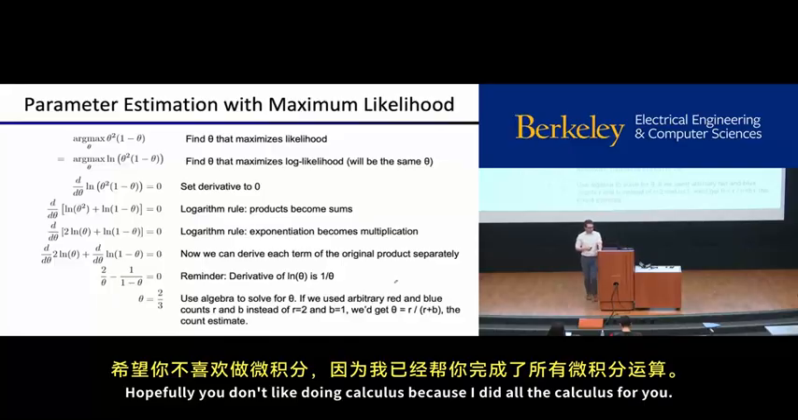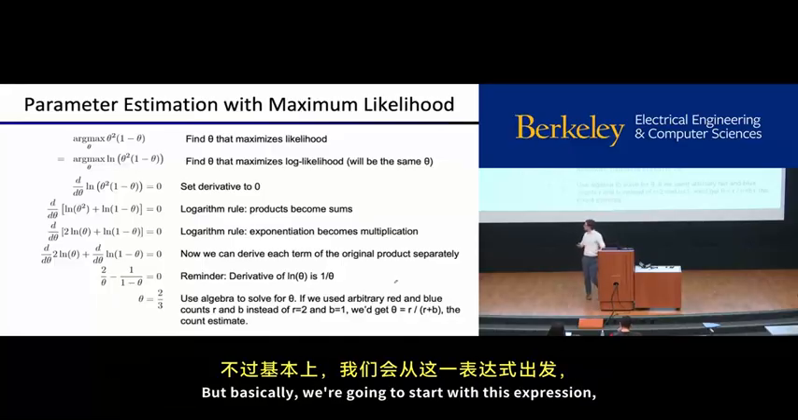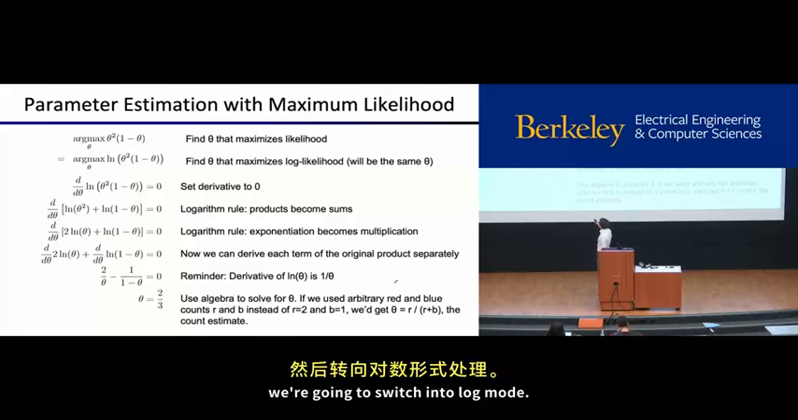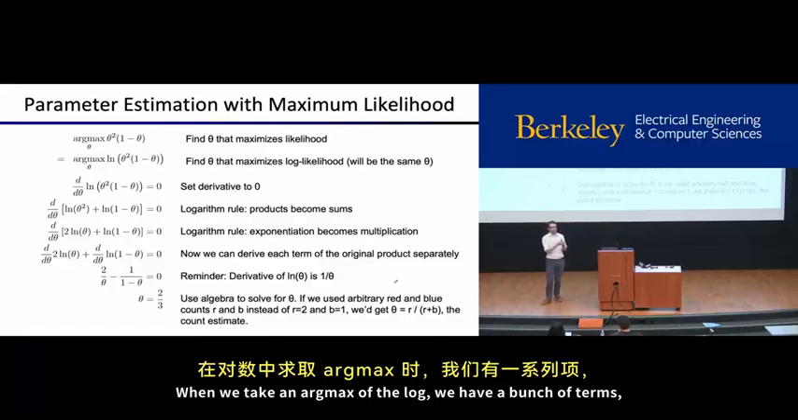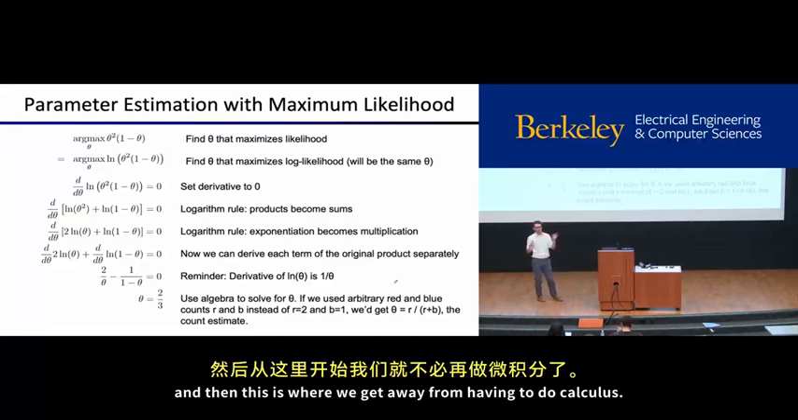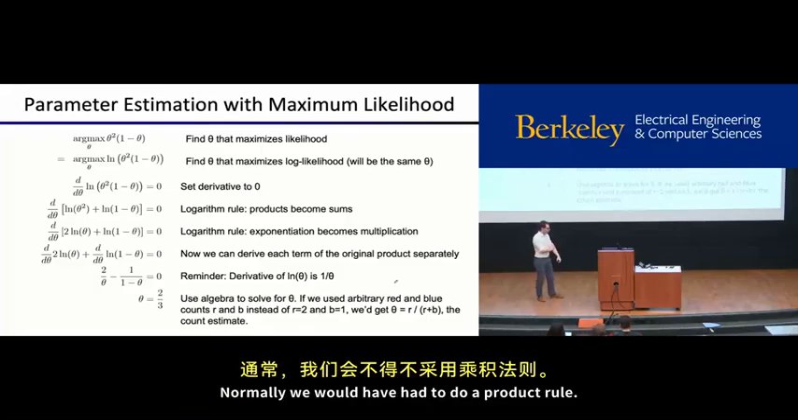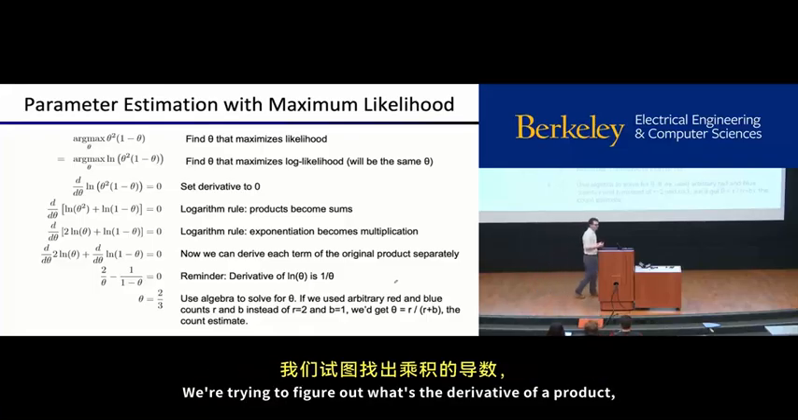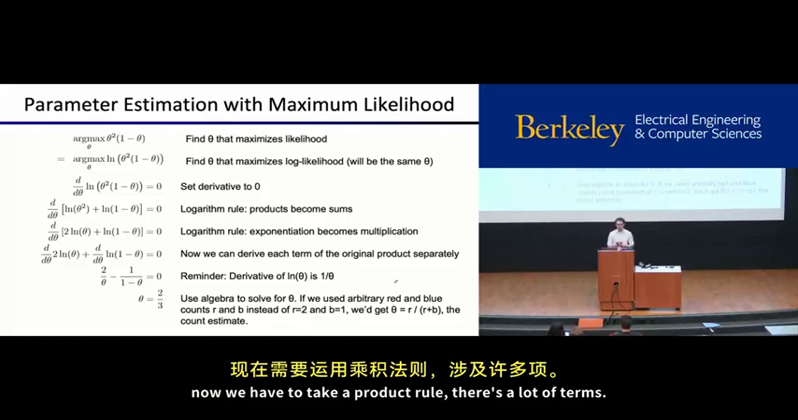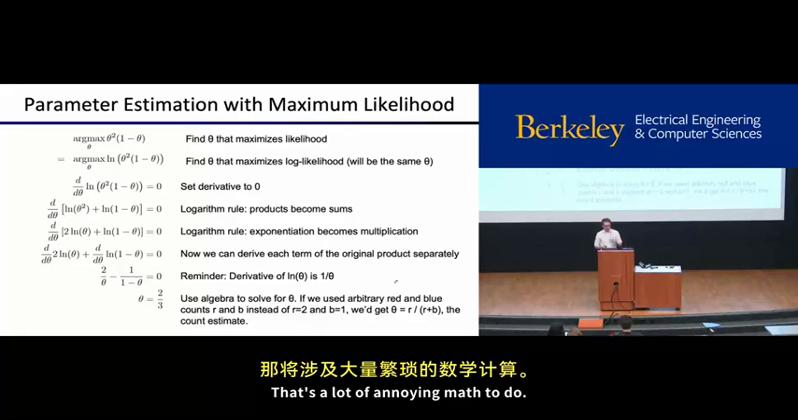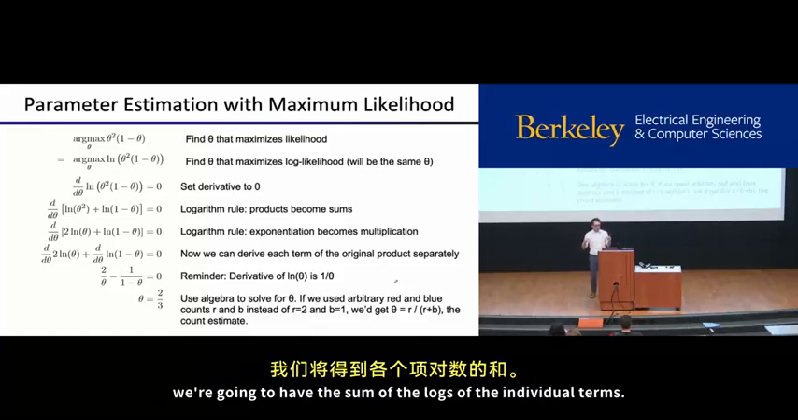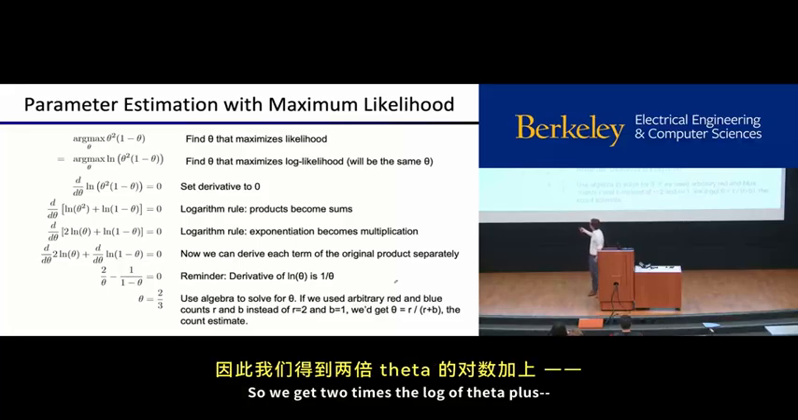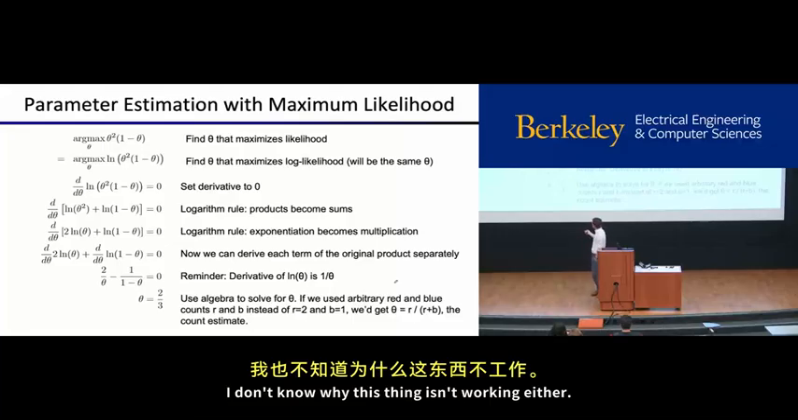So we're going to use that trick, and here's a bunch of math. Hopefully you don't like doing calculus, because I did all the calculus for you. Basically, we're going to start with this expression. We're going to switch into log mode. We're going to take the argmax of the log. When we take an argmax of the log, we have a bunch of terms, and this is where we get away from having to do calculus. Normally, we would have had to do a product rule, figuring out the derivative of a product. There's a lot of terms, and that's a lot of annoying math to do. Instead, when we have this product in logs, we're going to have the sum of the logs of the individual terms. So we get 2 times the log of theta plus